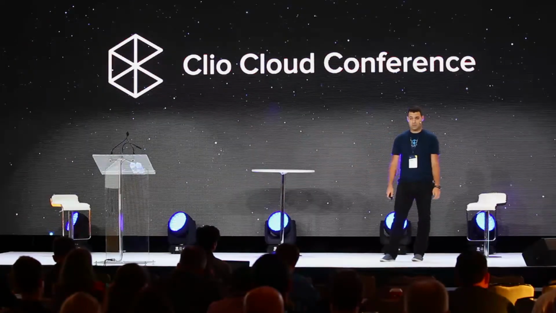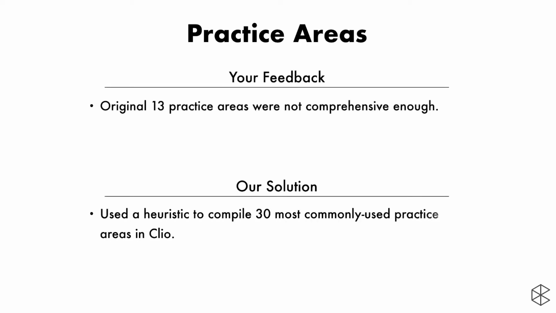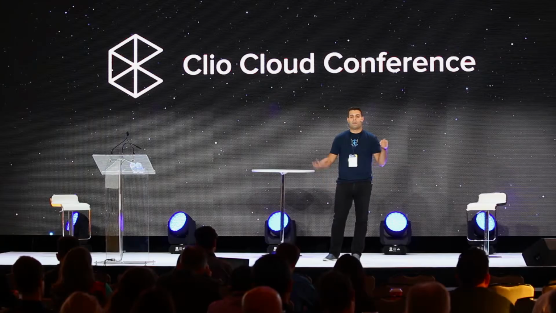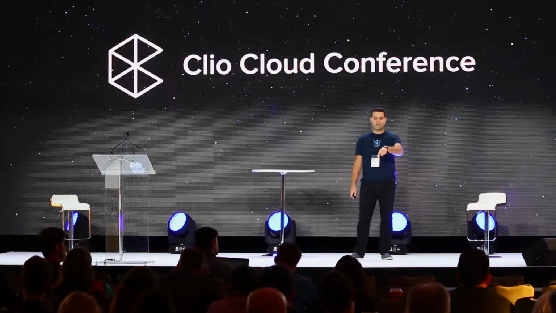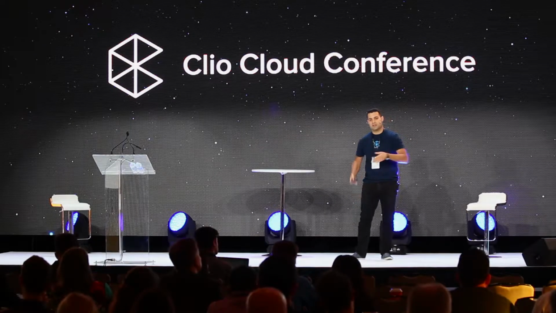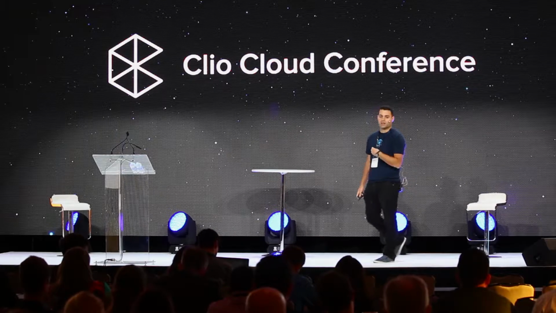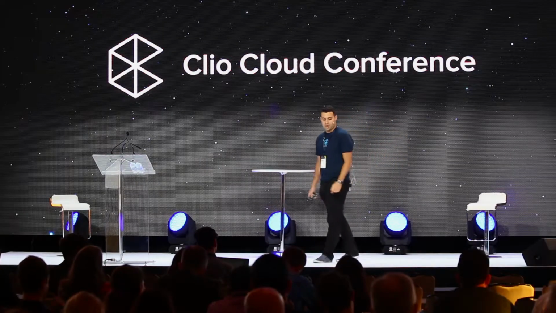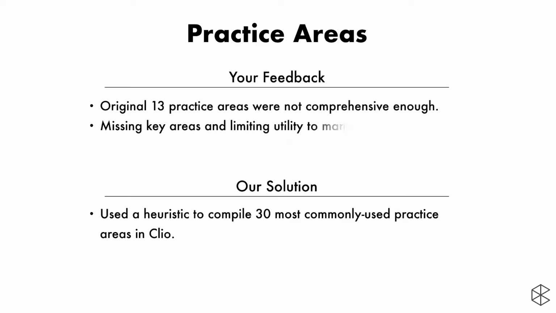There are some unusual practice areas in there, like builder's liens. There's 2 different categories for a conveyance, which most people don't even relate with. So we did something different this year. We used what's called a heuristic to compile the 30 most commonly used practice areas in Clio and bridge things into categories. So what the heuristic would do is match things like landlord-tenant, landlord/tenant, landlord-tenant into one category. And we were able to produce 30 what we call commonly used practice areas at Clio, which is really cool because it's what people are actually saying they're working on as opposed to us using our defaults in the practice areas. The next thing we got was that we were missing key areas and limiting utility to many practitioners.